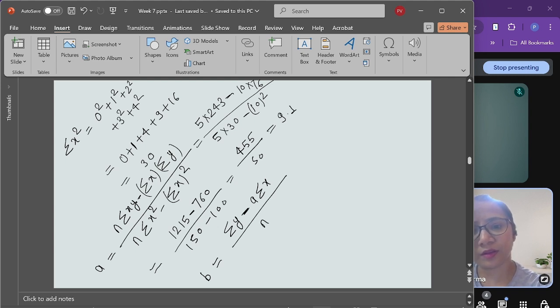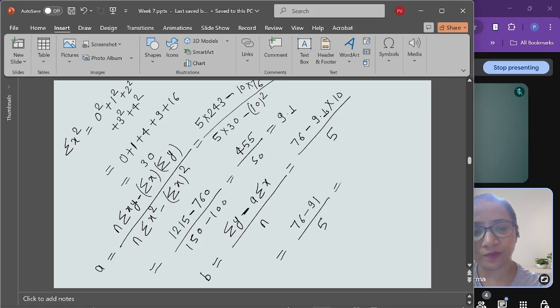That is a minus. So summation of y we have calculated, that is 76. Slope we had calculated 9.1 multiplied by summation of x is 10 and 5. So here you will get 76 minus 91 divided by 5. Here you will get minus 15 by 5. Here you will get minus 3. Slope. So the best fit line would be,